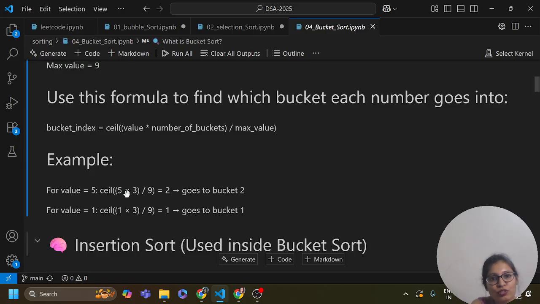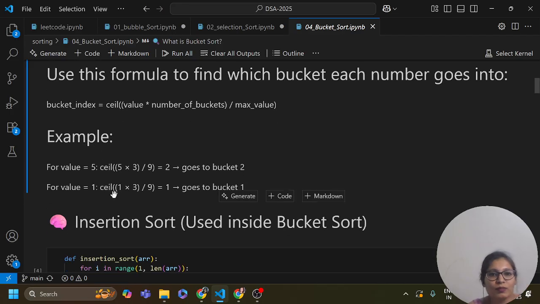So 5 times 3 is 15, divided by 9, and the ceiling gives 2. So 5 goes to bucket 2.